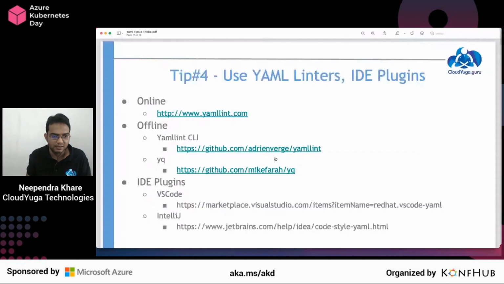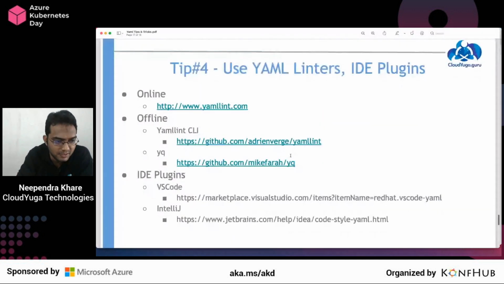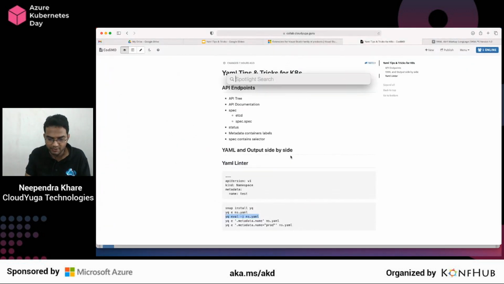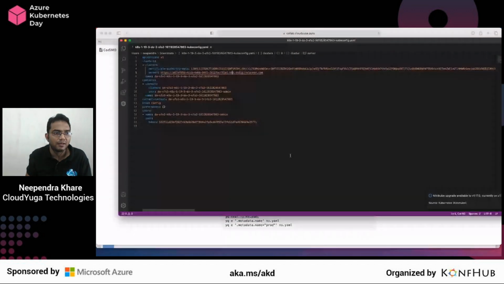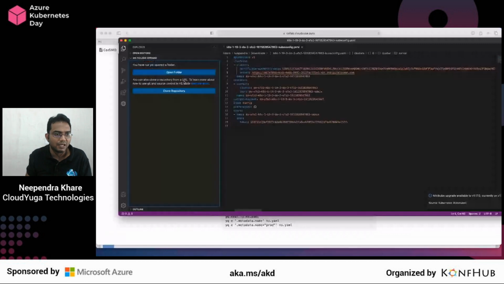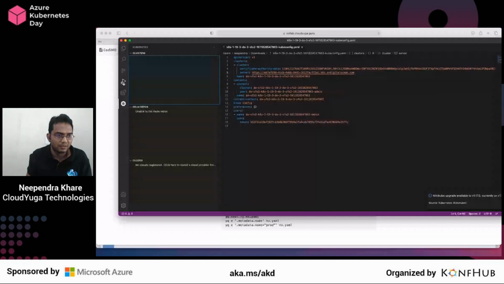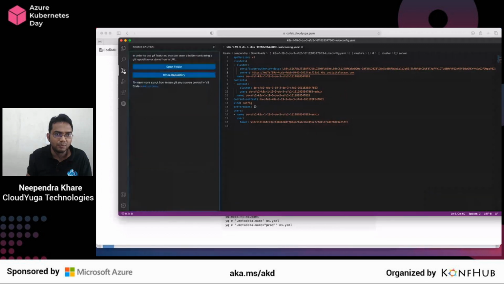Next, you can use some of the IDE plugins that can help you in doing the YAML management for your Kubernetes. So what I could do is, let me see, I have Visual Studio Code installed here, and let me create a file here. You can go to Visual Studio Code and install the plugins there.